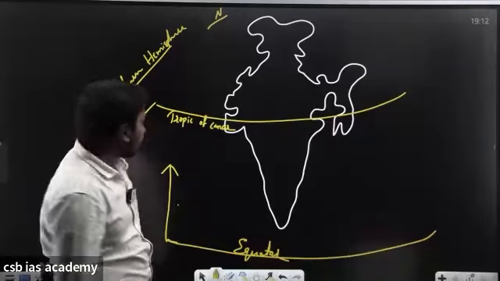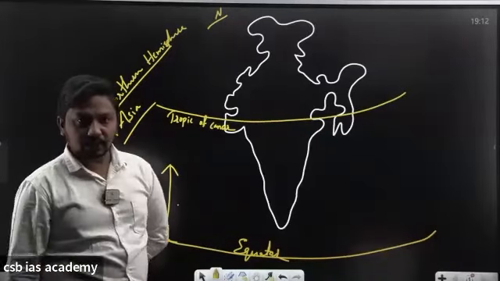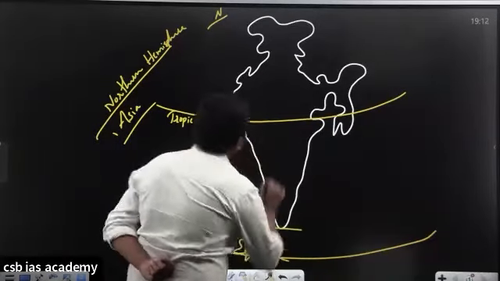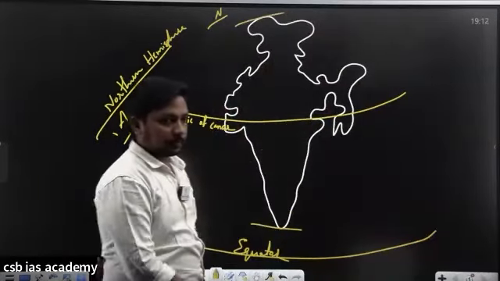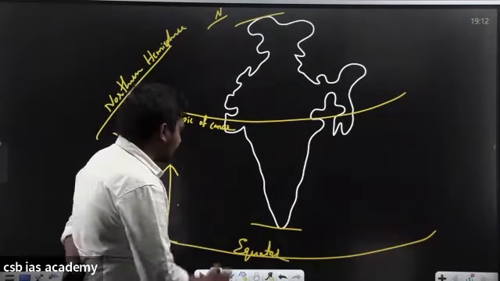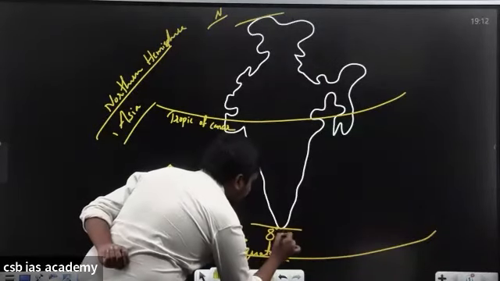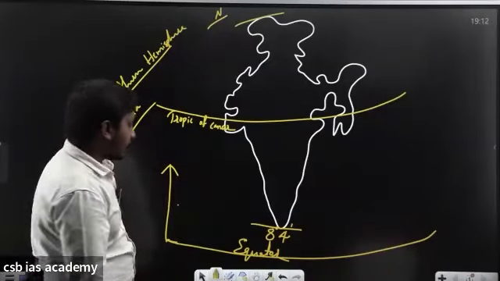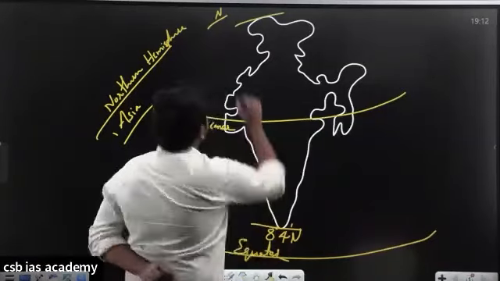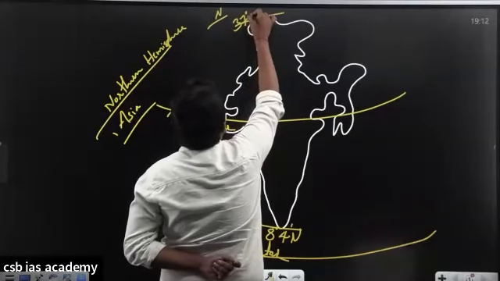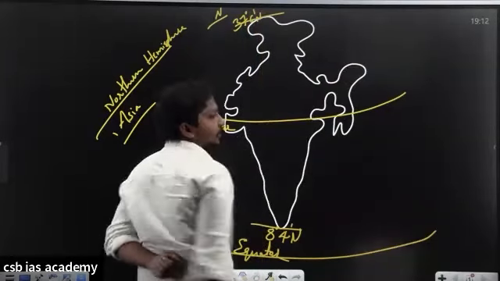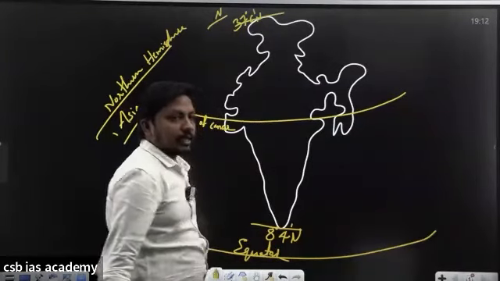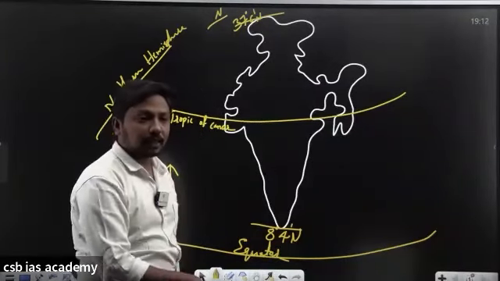And if you look at the continent, we are located in the Asian continent. Am I very clear with that? Yes. Now let us see the latitudes in between where India is located. If you see the southernmost latitude, 8 degrees 4 minutes. India is located in between 8 degrees 4 minutes north latitude to 37 degrees 6 minutes north latitudes. Because these are located in the northern direction from the equator.